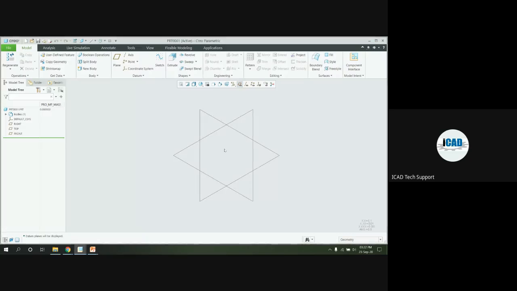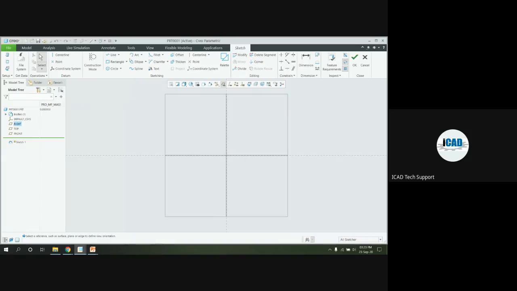I am enabling this datum display planes, and again I am creating the sketch for the bottle design. I will show the example how we can